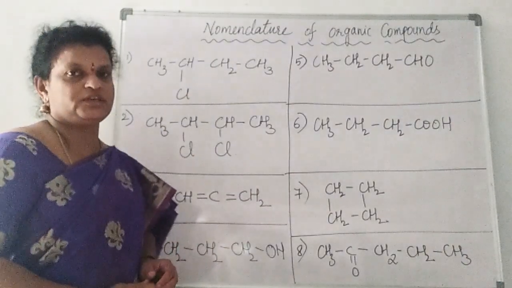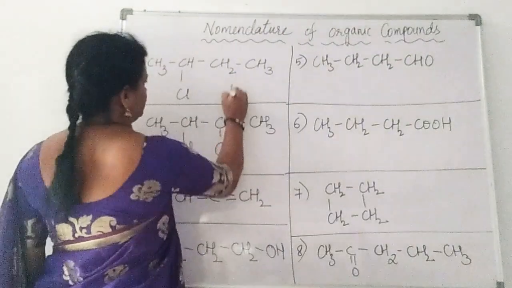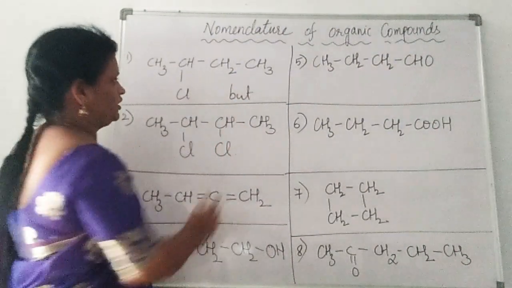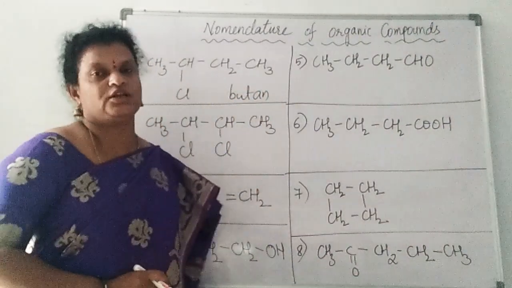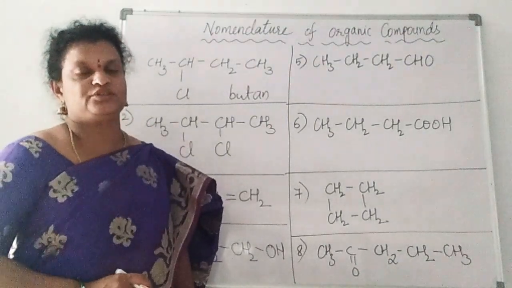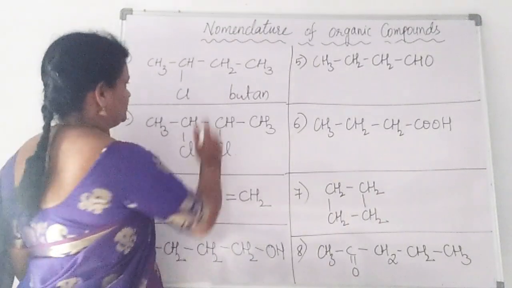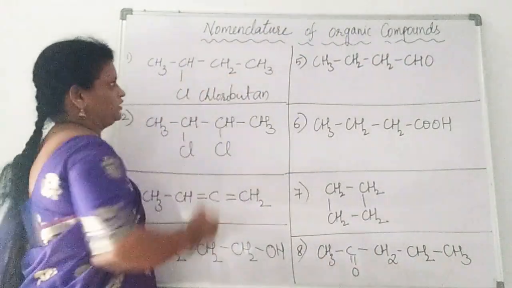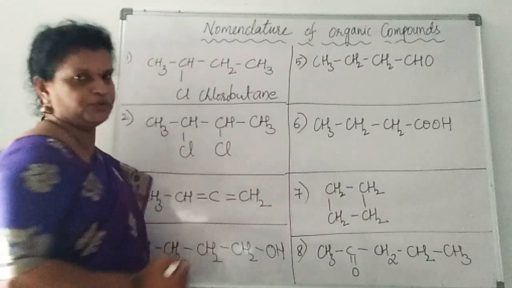The first compound, if you see, 4 carbons are there here. So we can write the root word but. Then carbon to carbon everywhere, single bonds are there, ane. And here if you see only one functional group is there, that is halogen, chlorine. So every time we have to remember that halogen should be written as a prefix only. So secondary prefix becomes halogen, that is chloro. Then here any other functional groups are not there. So simply we'll write here chlorobutane.